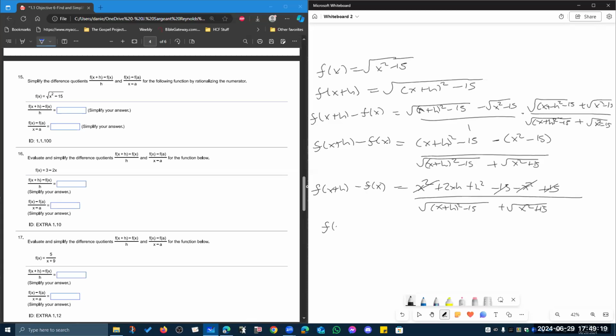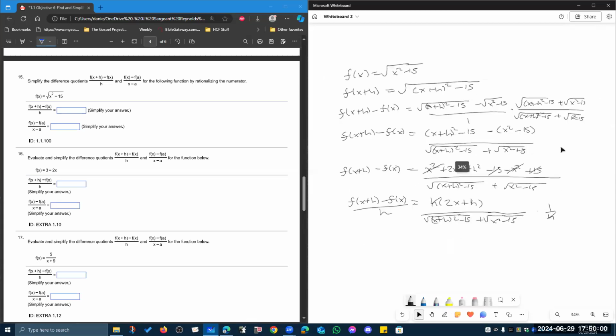So f of x plus h minus f of x is an h times a 2x plus h in my numerator, over root x plus h quantity squared minus 15 plus root x squared minus 15. And this is going to be over h times 1 over h. The h's will cancel and will leave me with